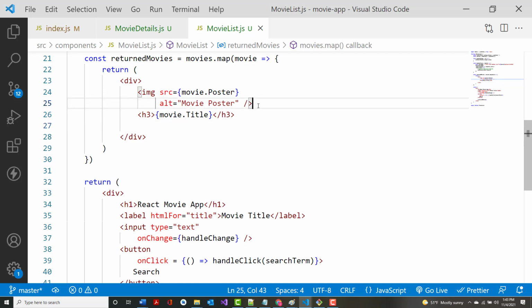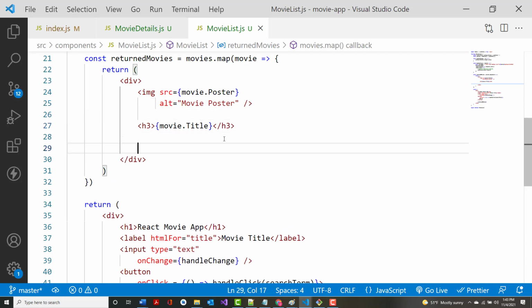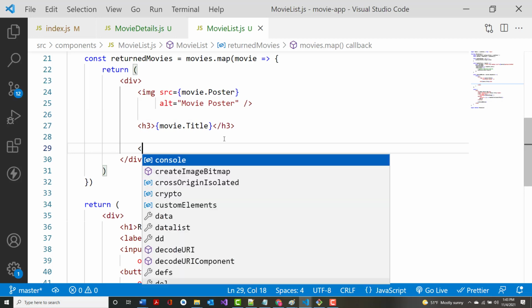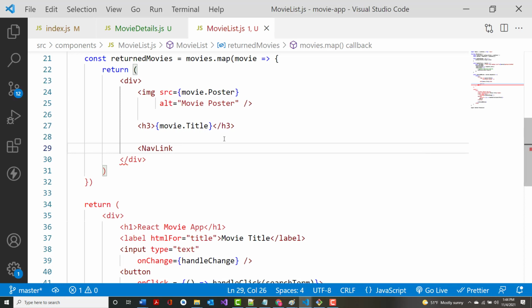You don't have to do this. I'm just going to put a little space in here. You don't have to do that. But I just put in a little space. And we're going to put in this NavLink. And again, it's not my syntax, it's just the way that it's set up. So we're going to say to equals